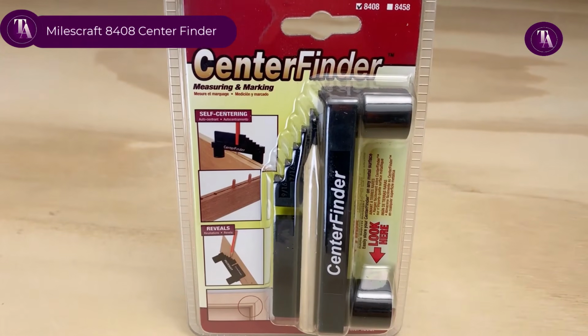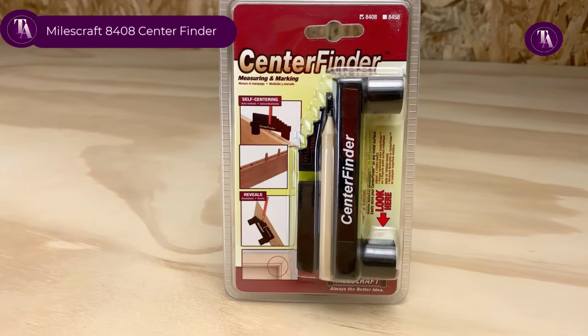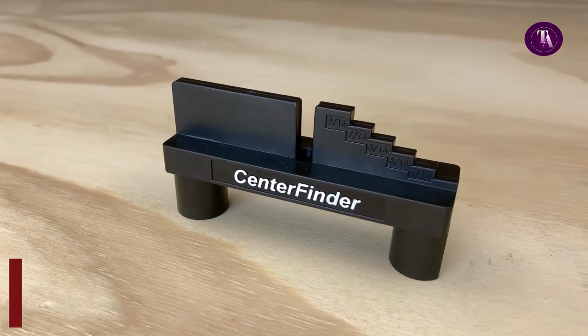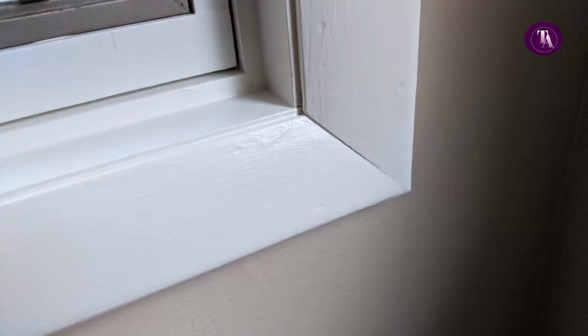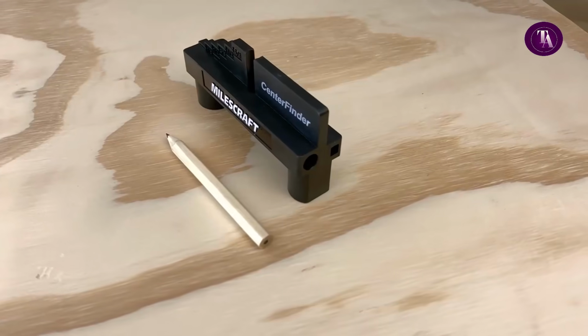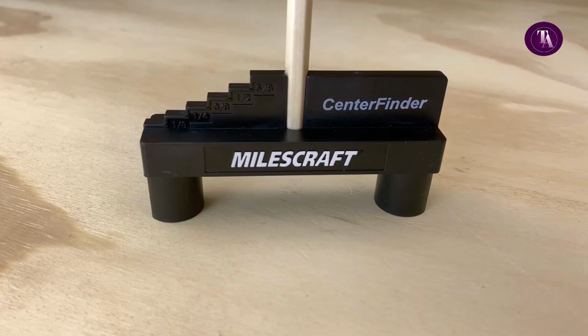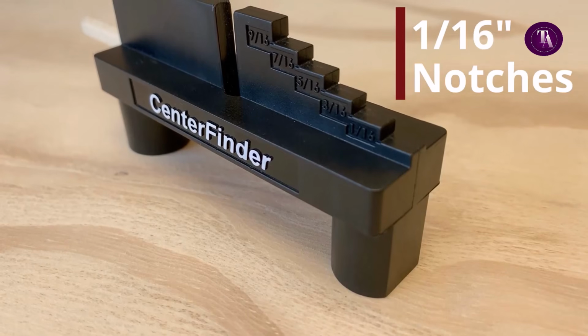Milescraft 8408 Center Finder. The Milescraft 8408 Center Finder is a compact, accurate woodworking tool built for fast centerline and offset marking on materials up to 2.5 inches thick. Its precision centering hole holds a number 2 pencil perfectly aligned, while 10 offset notches, 1/16 inch to 5/8 inch,